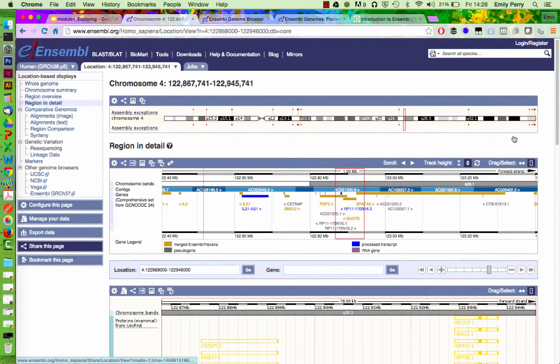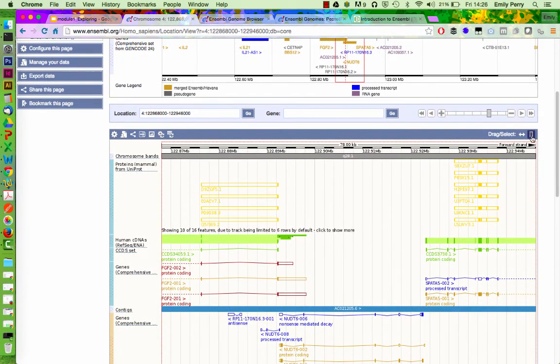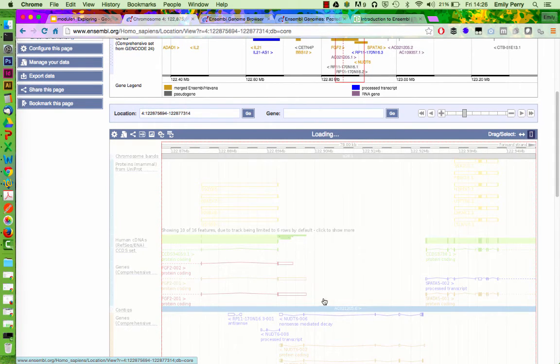The last thing I want to show you, oh no, there's a couple more things, sorry. I mentioned the drag and select tool in the view above. You've also got it here. And I just want to point out, if I'm interested in this exon, I might zoom in. So I can do a jump to region. There is also this bar to zoom in if you prefer. But let's say I do a jump to region on this exon.